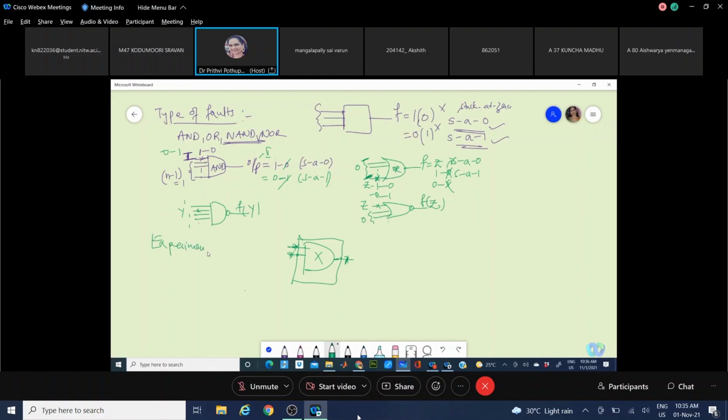Okay? And this experimentation will give you what is called a fault table. What is the meaning of this fault table? As we said, whenever you are testing for any line, the other lines will be muted, in the sense they won't be contributing to the output, to make them desensitized. The sensitization should be only for the line on which you are testing.